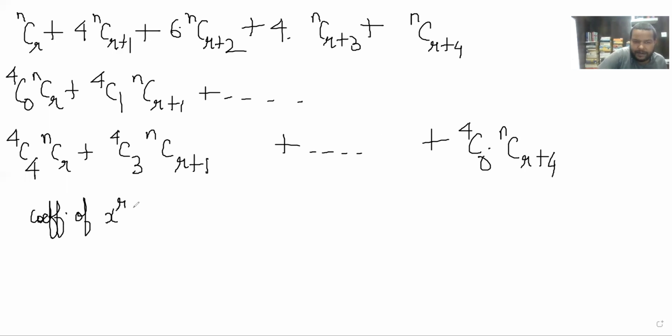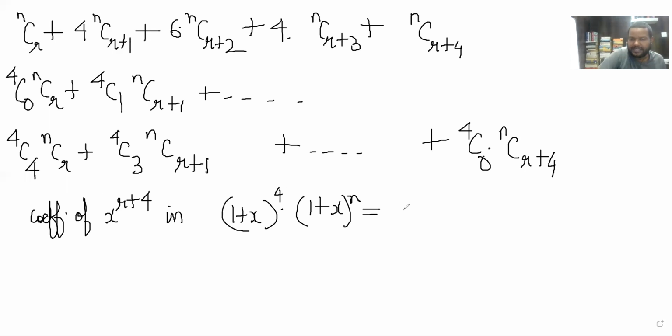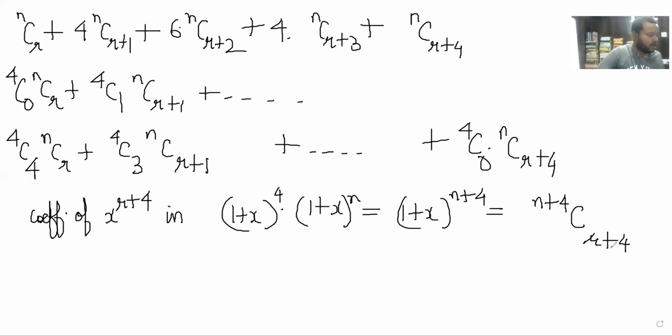It is the coefficient of x^(r+4) in the expansion of (1 + x)^4 and (1 + x)^n. So that is simply (1 + x)^(n+4). So that is (n+4)C(r+4), right? And for the numerator, we got (n+5)C(r+5), right? So the answer for us will be basically (n+5)C(r+5) divided by (n+4)C(r+4),